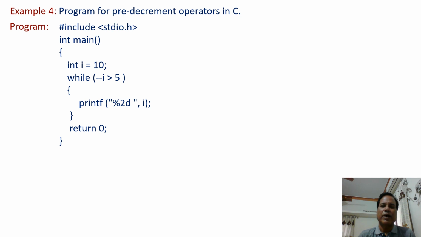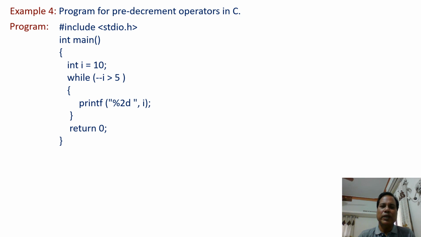9 greater than 5, naturally the condition is true. When the condition is true, the body of the loop is executed, and using the printf statement we print the value of I on the output screen, and here the value of I is naturally 9. After that, the value of I is updated. So again we decrease the value of I, from 9 it now becomes 8. 8 is greater than 5, naturally it is true. Again this value of I is printed using the printf statement in the body of the while loop.